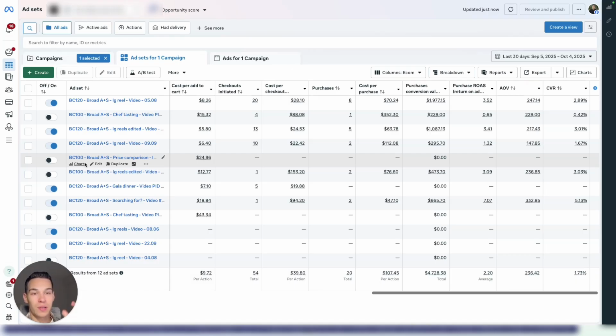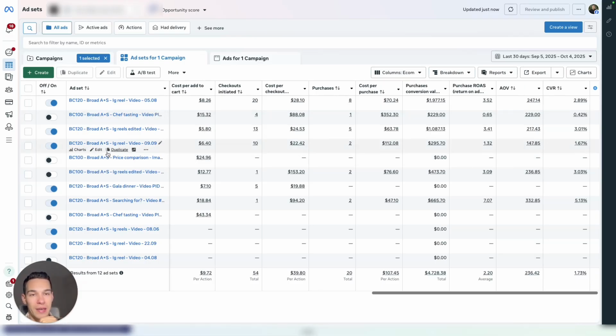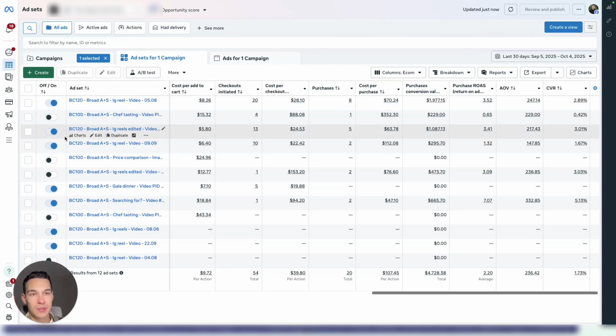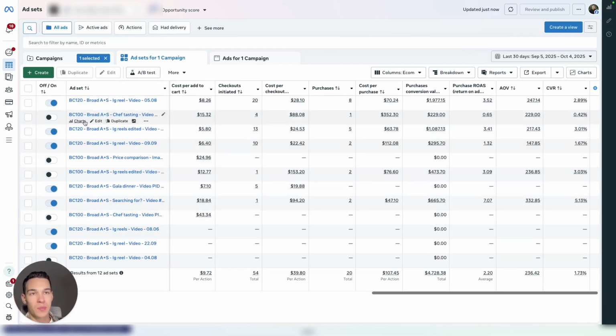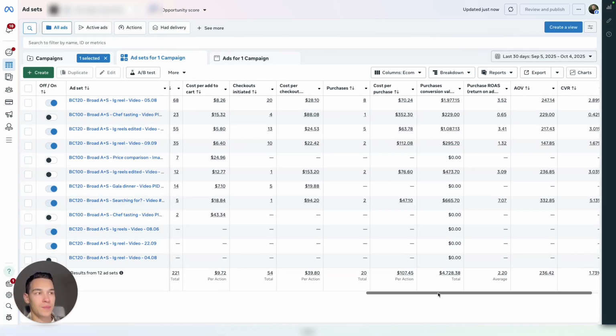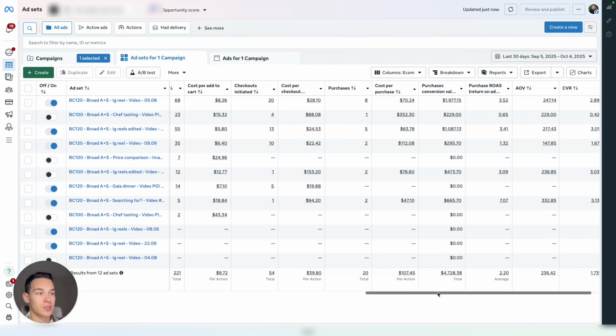So then you test one by one and you see, okay, a bid cap of 60 is working well, and then you start using that bid cap on all of your new testing ads. But also keep in mind that if you're testing new ads, they don't have any engagement. So for new testing ads, here I'm putting a bit higher bid cap. As you can see, some of them are 100, some of them are 120, and so on. It's to give a bit more spend to this specific ad set, or ad inside of this ad set, right? So it can get some